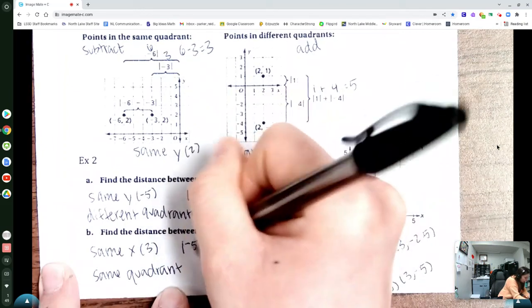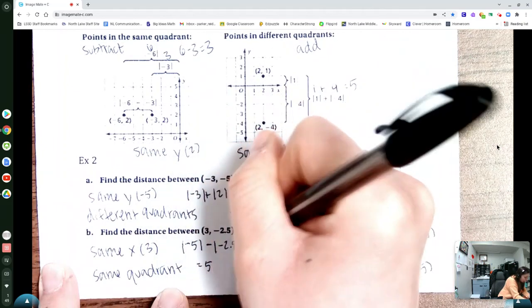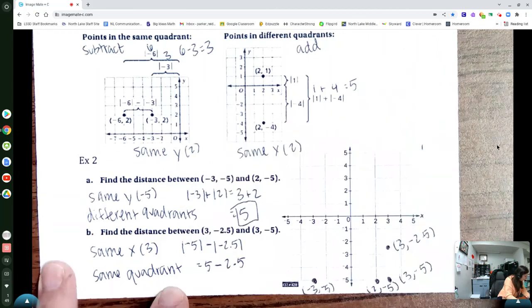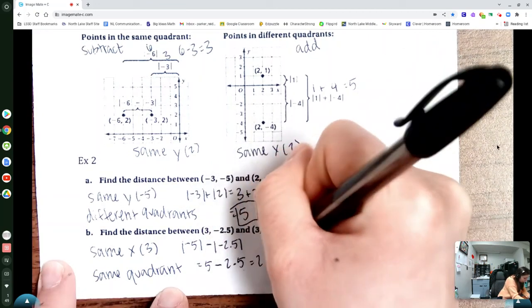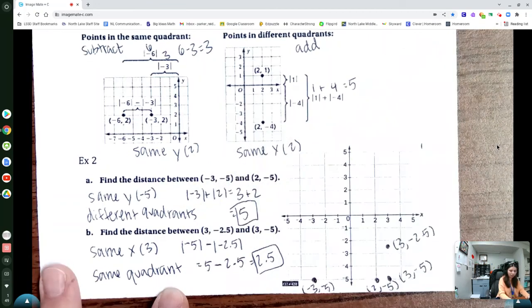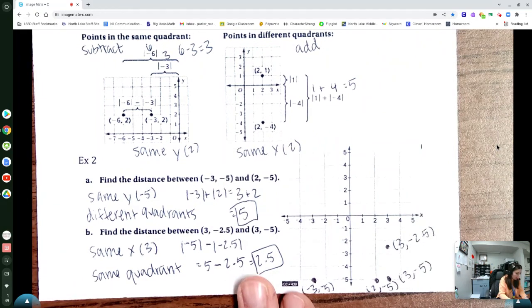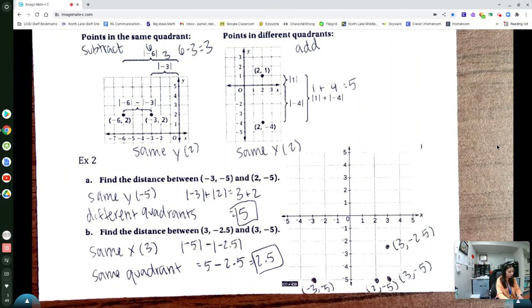So I'm going to subtract these. The absolute value of -5 is 5. The absolute value of -2.5 is 2.5. 5 minus 2.5, I get 2.5. The distance between these points is 2.5 units. Again, I can count that on here. 1, 2.5. So ultimately, I would really encourage you to graph these points in order to find their distances,